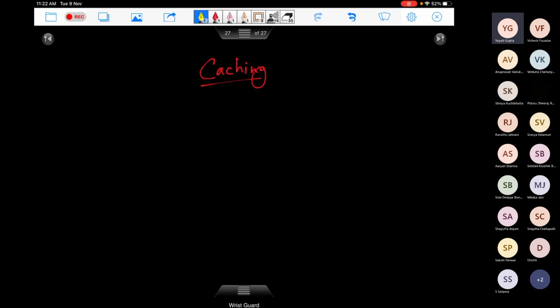So let me give you an example. Let's say your main memory is 16 bytes. Again a toy example. Let's say your cache memory is 4 bytes. This cache is going to be really fast, right? So whenever you look for data, you first look in the cache. If you find it, that's a cache hit. If you don't find it, that's a cache miss, and then you go to the main memory.